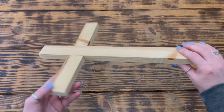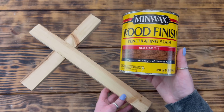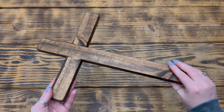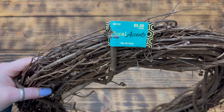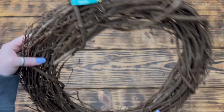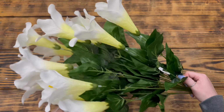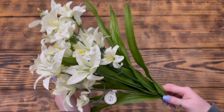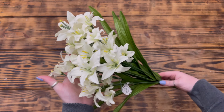After setting it aside for a few hours so that the glue could set up, I used Minwax wood finish in the color red oak to stain the cross. For this project, I also used this 18-inch grapevine wreath along with 5 of these large white lilies, this entire baby's breath pick, and this entire pick of small and medium white lilies, all of which I got on sale